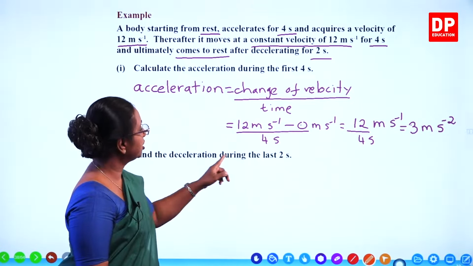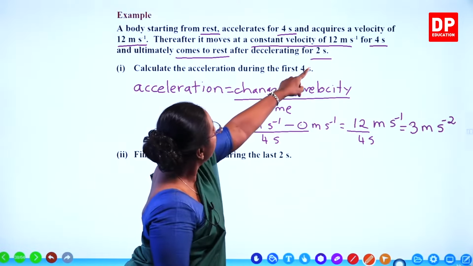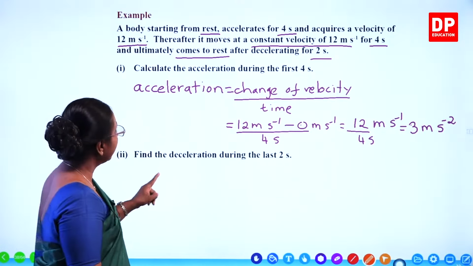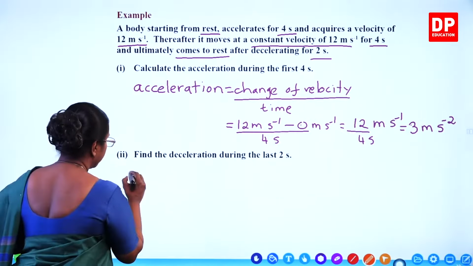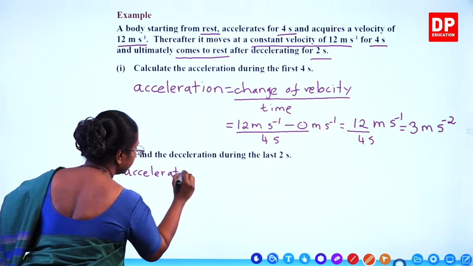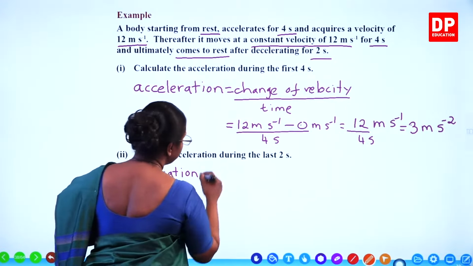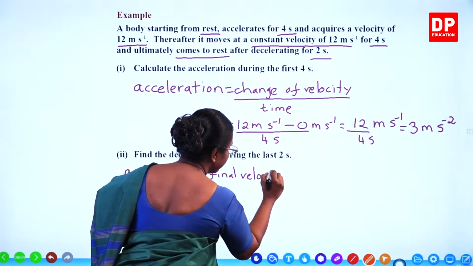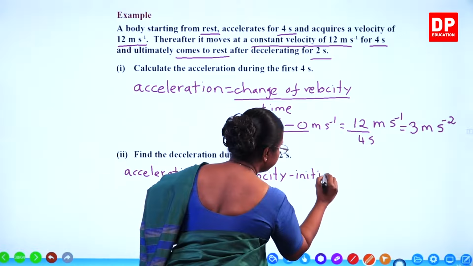Find the deceleration during the last 2 seconds. So here you can see from 12 meters per second, again the object came to rest. But when you write the equation, you have to again write it as acceleration. So we write it as acceleration equal, I will use the other substituted value, final velocity, so that you will remember both the equations, minus initial velocity